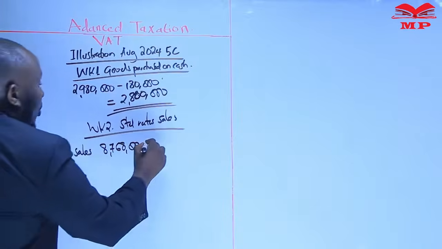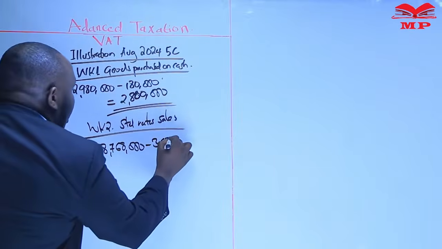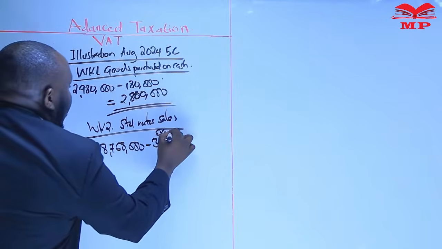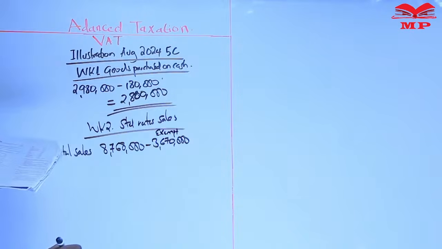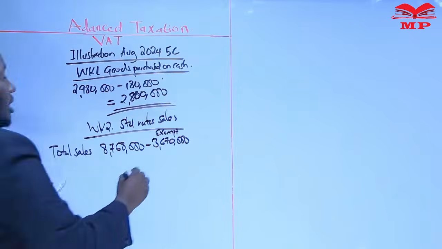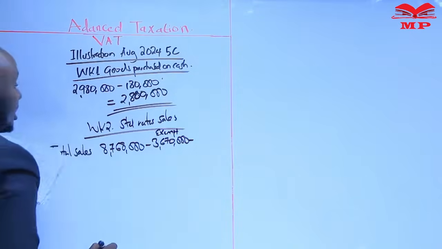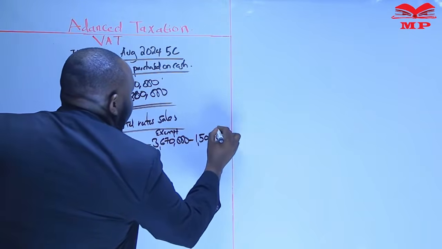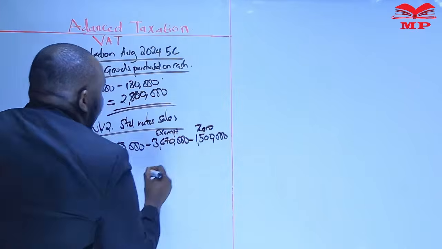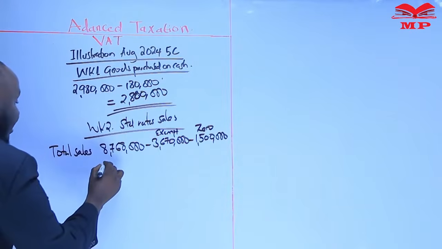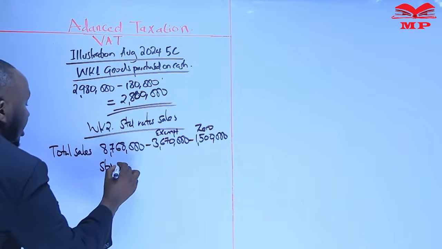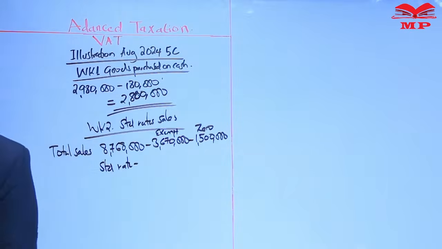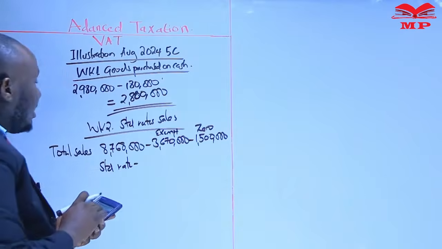768,000. We less the exempt, which is 3,670,000. Then we less the zero rated. Zero rated in this case is a figure of 1.5. So we get the standard rate. For the standard rate, we pick that, and we will say